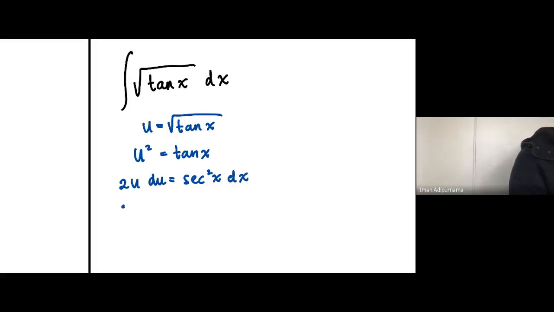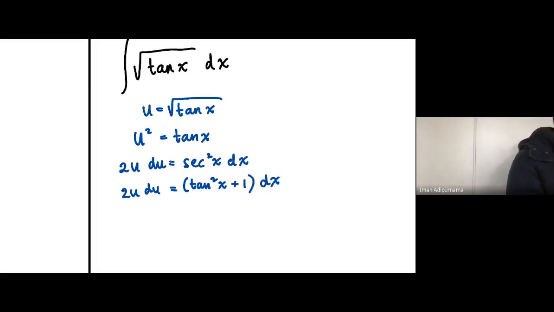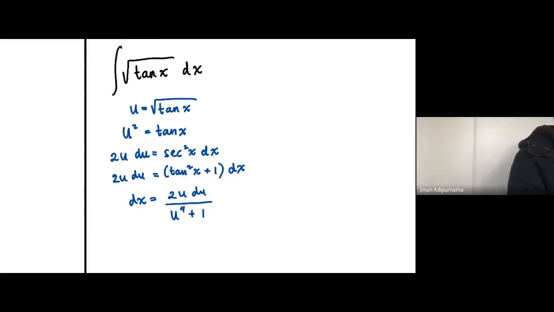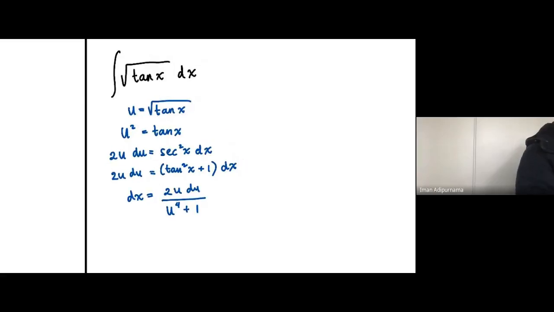Okay, and then we also can write this as tangent squared x plus 1, right? And we can exchange the x. And tangent squared is tangent squared 4, right? Okay, so it will be u4 plus 1. Okay, now we put back into our original equation and we get